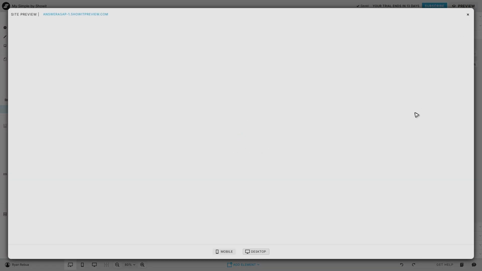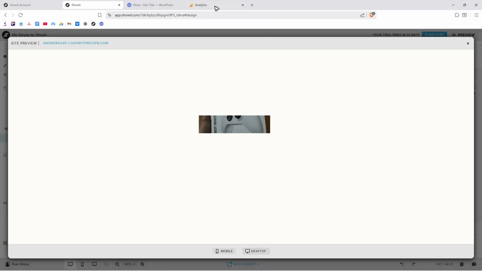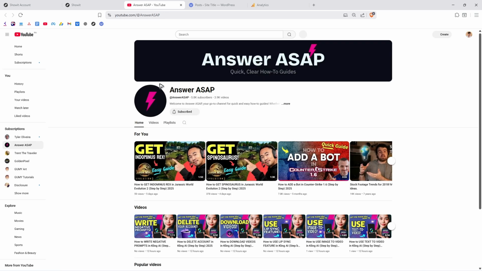But I'm going to show you right here. I'm going to click on preview and then I'm going to go ahead and click on this image. Yeah. Click, as you can see, there's a new tab,